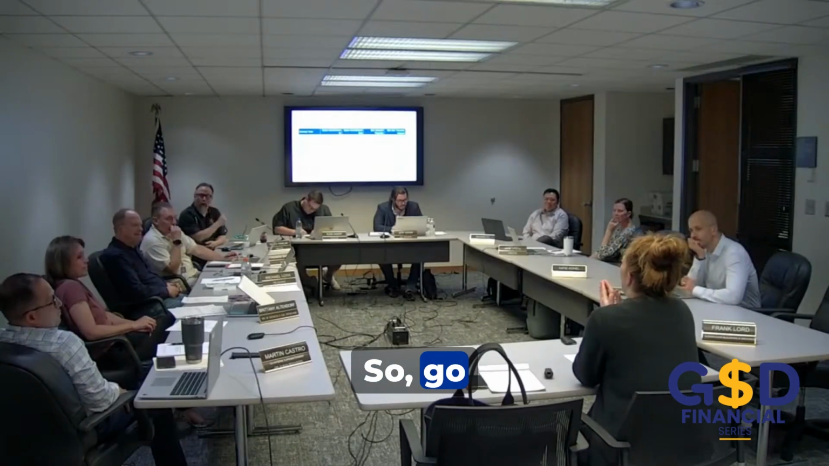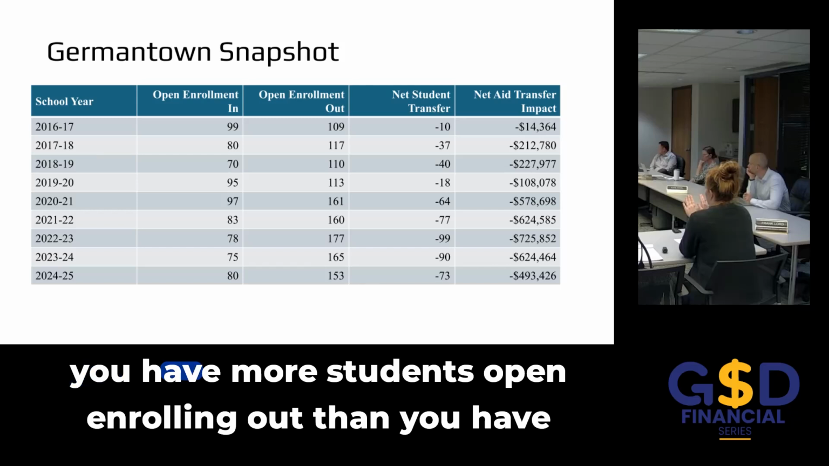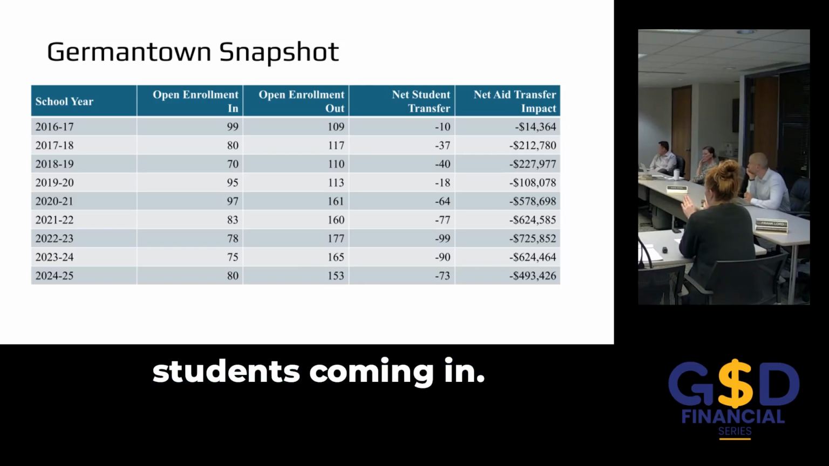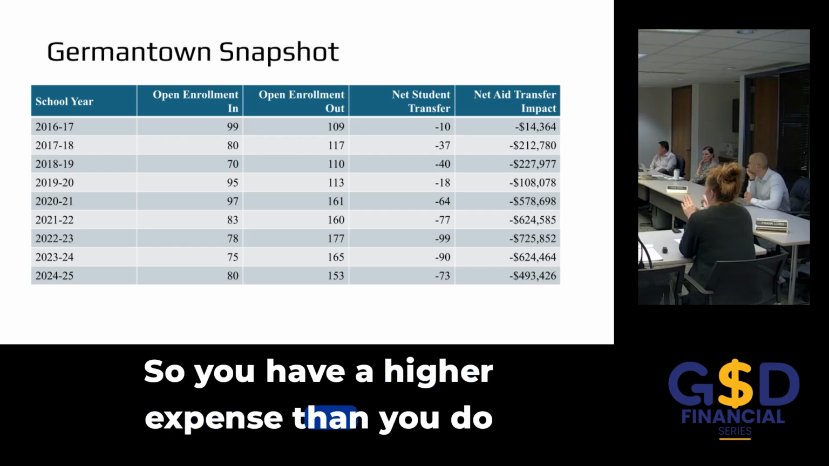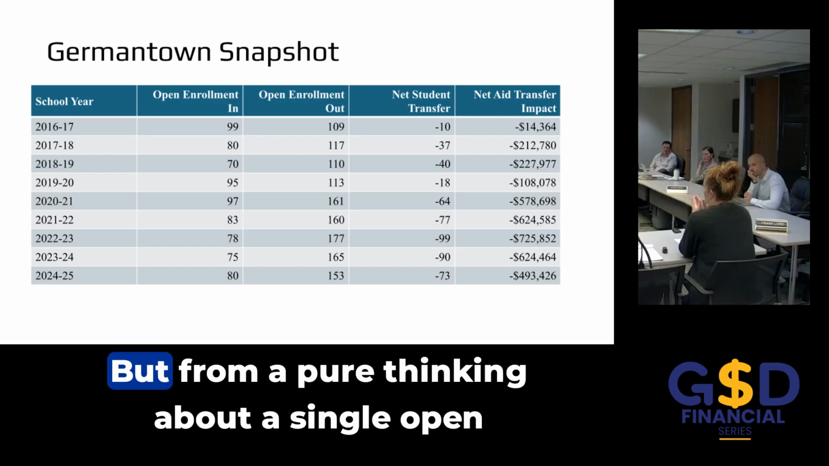As an example, when we look at 24-25, you have more students open enrolling out than you have students coming in. So you have a higher expense than you do revenue. So you're at a negative there, but from a pure standpoint of thinking about a single open enrollment student,